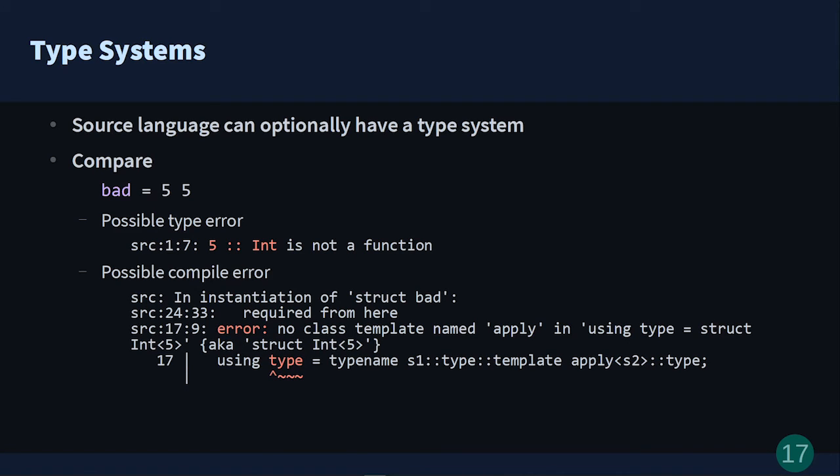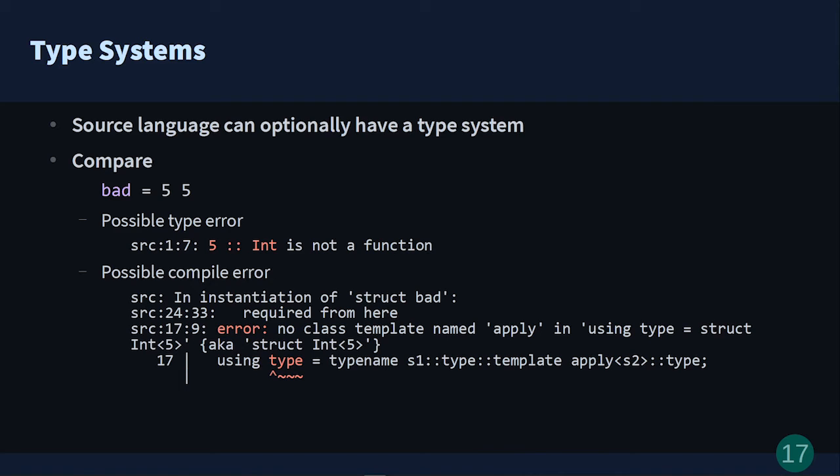Now, I've mentioned that the type system in the source language is optional. While the translation makes a lot of errors impossible, such as missing keywords, it cannot prevent the user from making silly mistakes, such as using numbers as functions. If that happens, we'll get a slightly ugly compilation error. In this case, the error message isn't too bad. We can see that the code is trying to use some template called apply, and the template does not exist. This suggests that it's trying to use something that is not a function as a function.